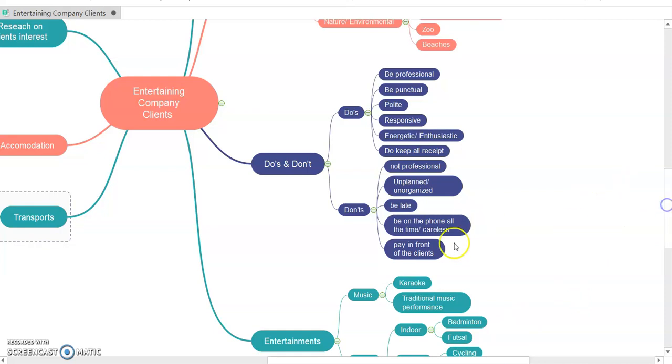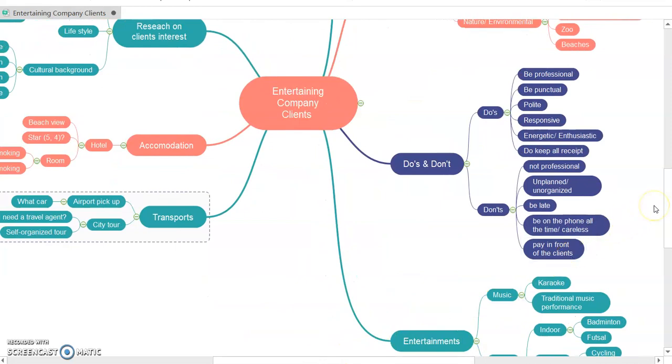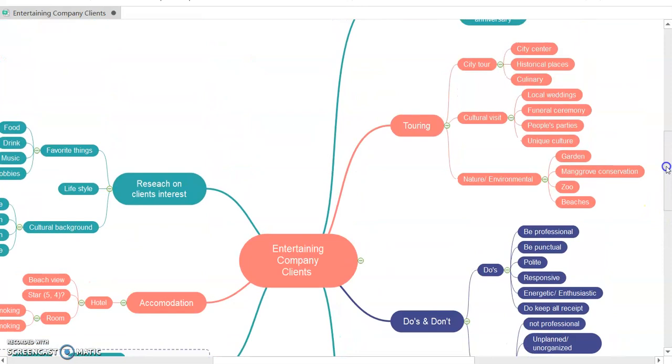So I just want to make conclusions, because I'm not going to explain this topic too long. A short conclusion: entertaining company clients is aimed at providing excellent services to the clients who are visiting the company.